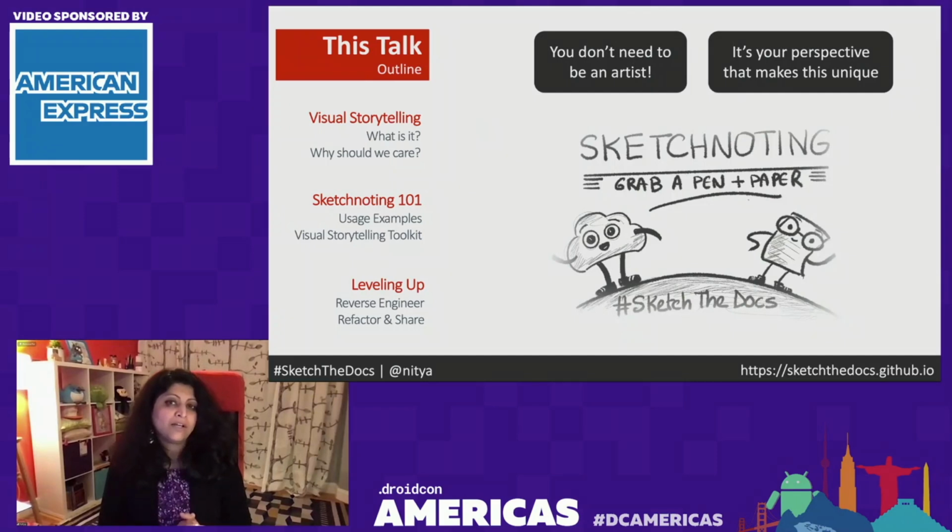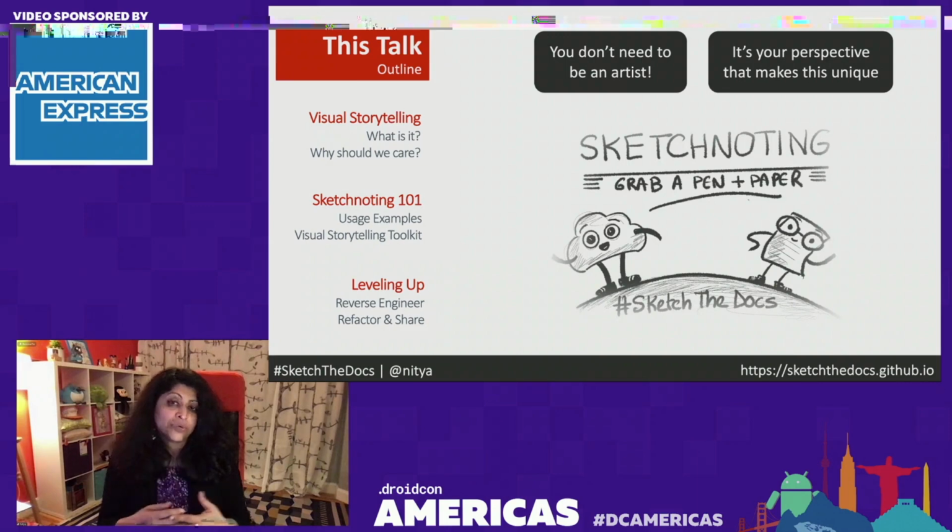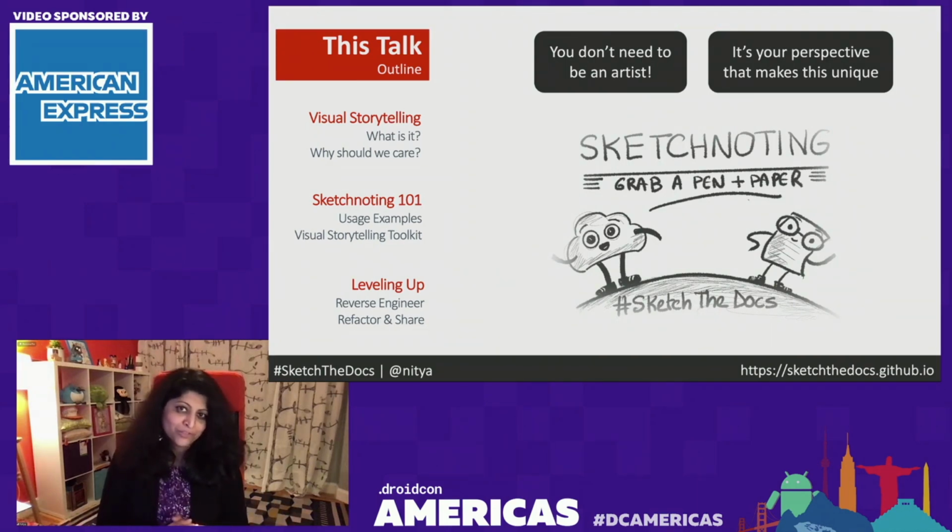So what are we going to cover in this talk? In this talk, we're really going to have 3 segments. First, we're going to talk a little bit about what visual storytelling means and why you should care. Next, we'll spend a significant chunk of our time actually going through what I call sketchnoting 101, learning a few of the tools that might be super useful for you to have in your visual storytelling toolkit. We'll look at some usage examples as well. And then finally, we'll close out by seeing what you can do to level up and explore this